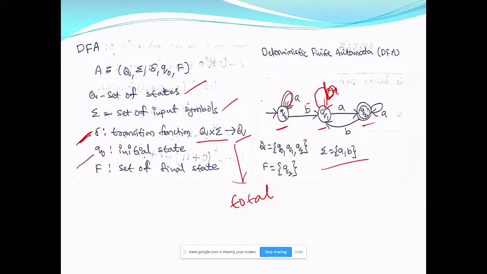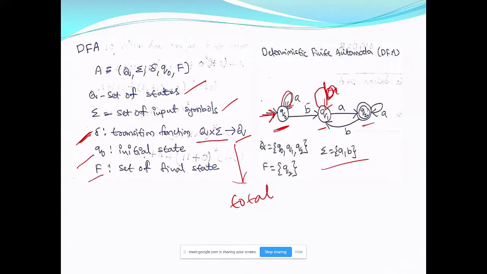And Q0 is the initial state, that is the state in which it starts processing the given input. Right? So here the initial state is denoted with an arc with no tail, and the head is the starting state, and no label for this arc. So this will tell you which is the initial state. Usually people will go for Q0.